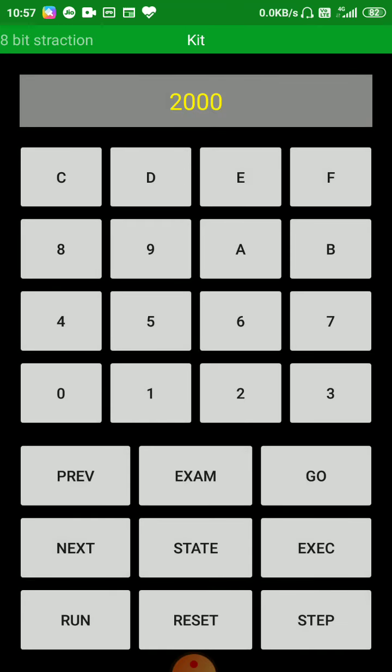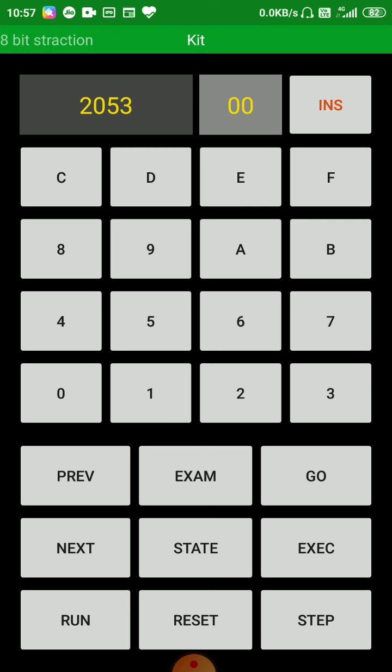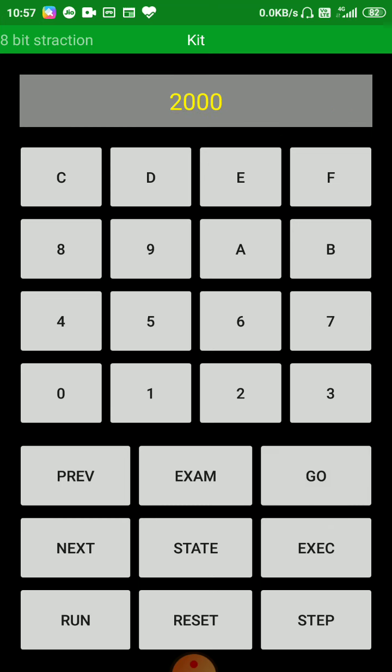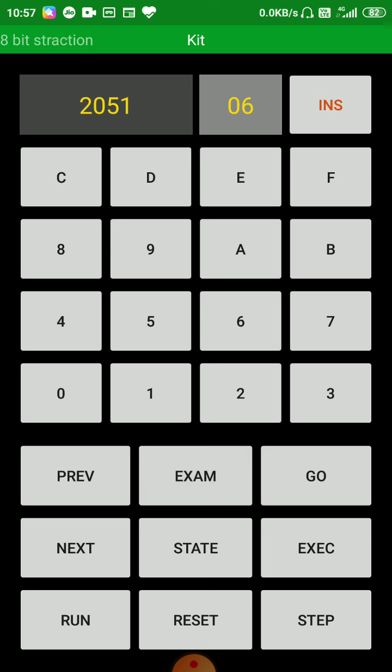So you can check again. So we have to examine. So just press the exam button, exam. Go 2000, exam.